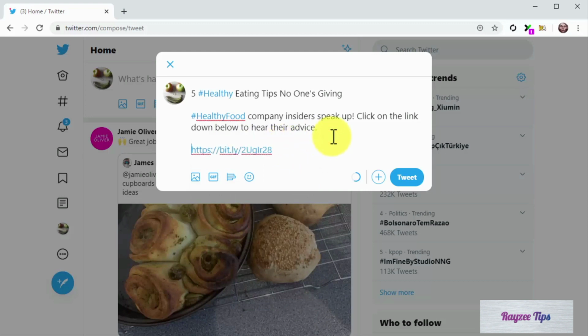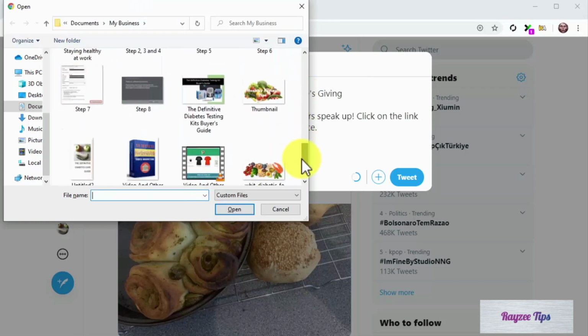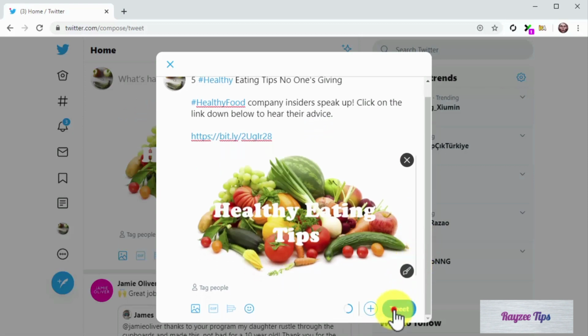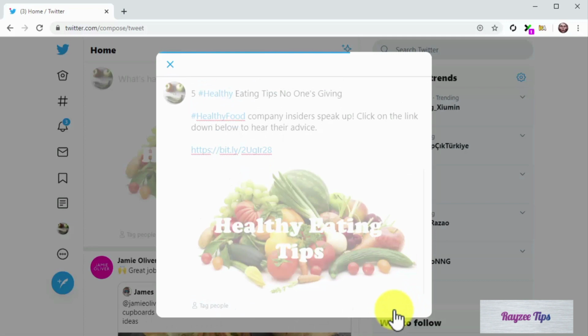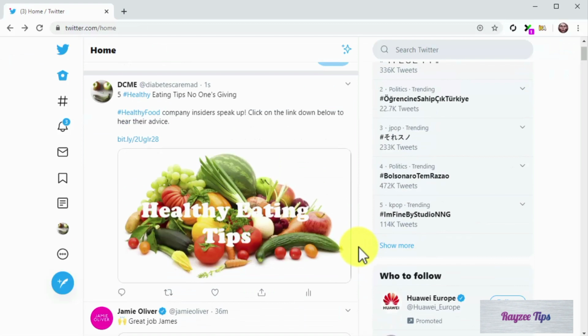Now paste your shortened video URL below the text. Now click on the gallery icon to upload your thumbnail image to the post. Now spell check your post text. Make sure that the link and image are correctly inserted into the post, and then click on Tweet. And that's it! Now your post will benefit from exposure on Twitter too, which is one of the best places